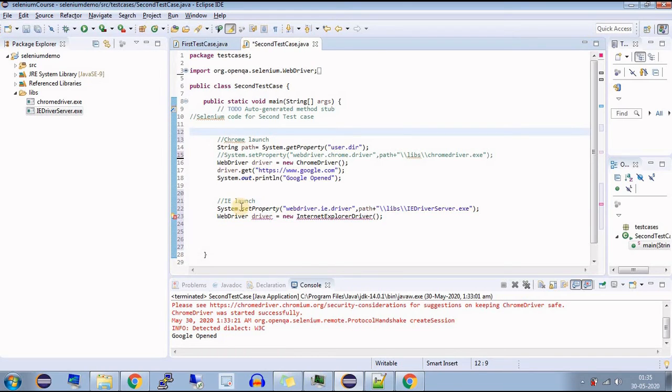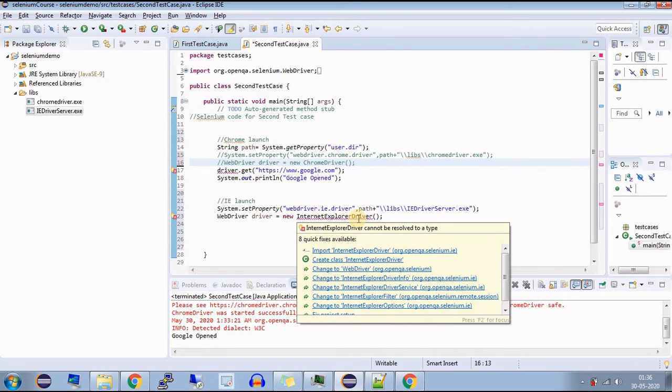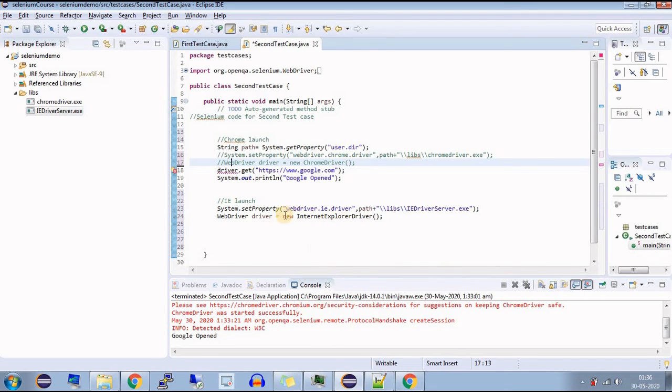So we are creating the object for IE driver and then comment the Chrome line. Okay, so here we are getting the error message on InternetExplorerDriver. So move your cursor and get the option import Selenium library. Import the library and the issue is resolved.